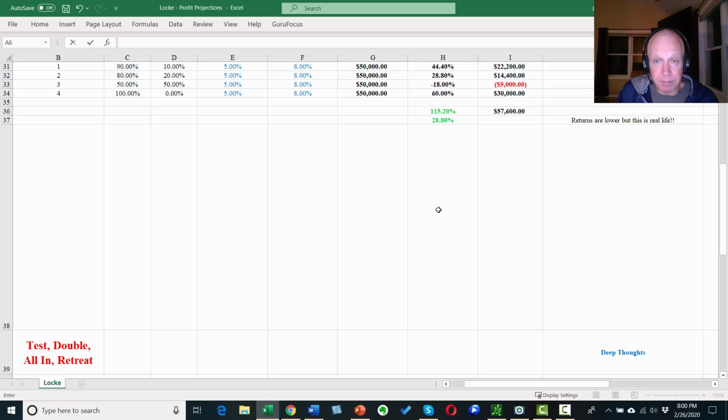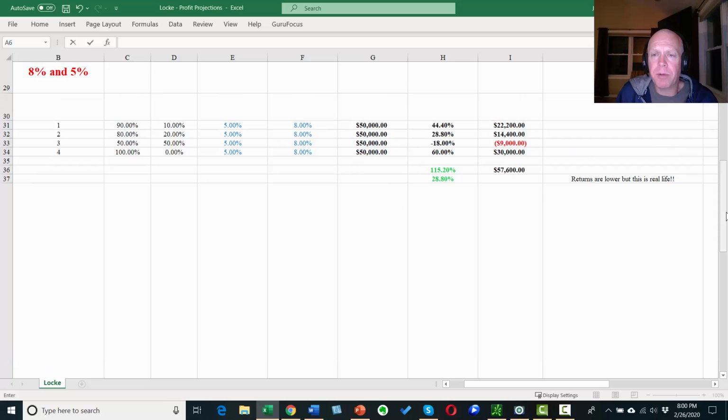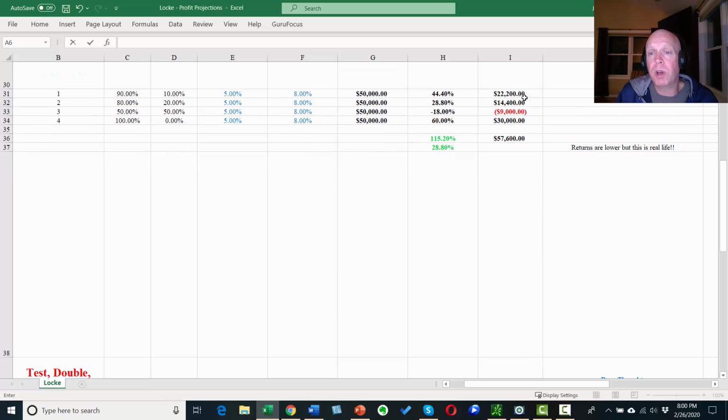If we were to do that, and we were to look at our numbers, now we have a trading strategy that won $22,000 its first year, $14,400 its second year. We lost $9,000 in the third year, a little bit of a loss, and then we had a really good fourth year, and we made $30,000, for a profit over the 4 years of $57,000 on our $50,000 plan capital. Still, excellent returns, right?